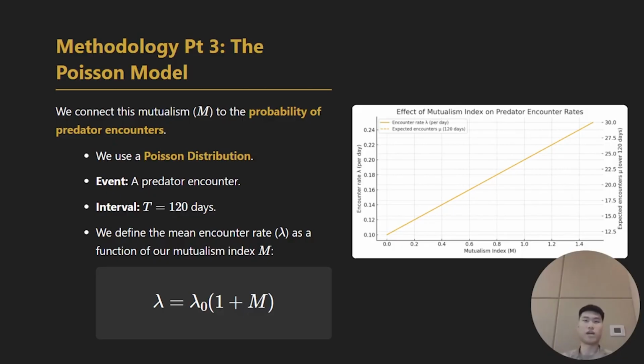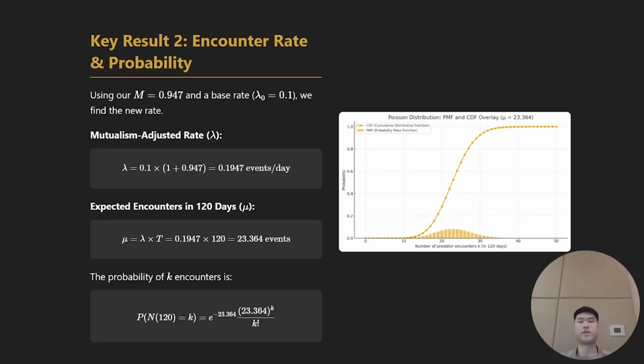The graph on the right visualizes this encounter. As you can see, it shows a clear, distinct linear relationship. As the mutualism index M increases, the predator encounter rate falls. This directly links the species cooperation to the predator attack, where a higher cooperation has resulted in a lower predator attack rate. Now, with the determined M value of 0.947, we calculated a new